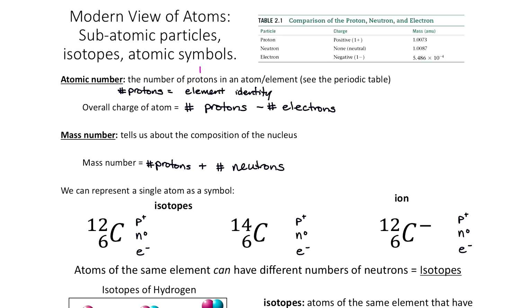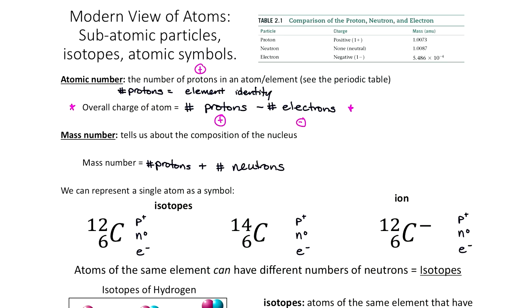So remember, protons are positively charged. If we're talking about a neutral atom, charge neutral, and carbon has 6 protons, then in order for that atom to be charge neutral, 6 electrons also have to be present. But what we'll learn here is that not all atoms have to be charge neutral. The charge of an atom or particle is always related to the difference between protons and electrons in that atom. Remember, protons are positively charged, electrons are negatively charged, so we have to add up those charges to see the overall charge of that particle. All right,